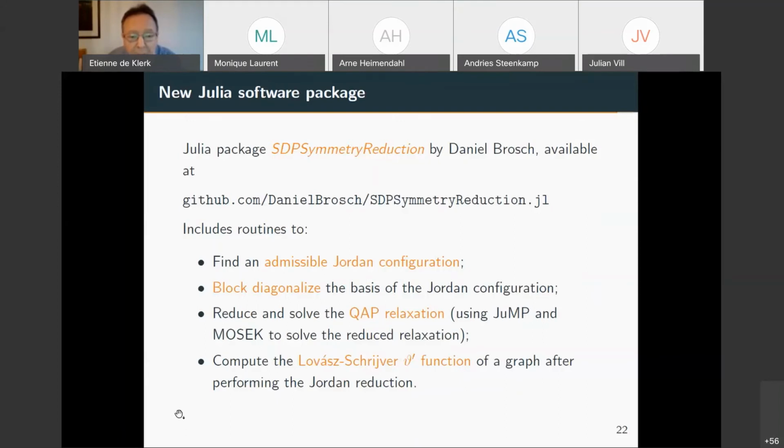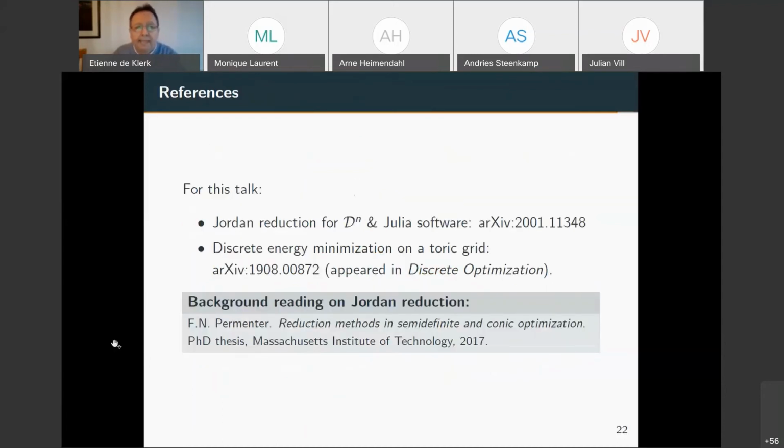It also has a specialized routine to compute the Lovász-Schrijver theta prime function of a graph. And this can be done for large graphs if they have a lot of symmetry, for example, if the automorphism group of the graph is very large. Okay, so perhaps you can try this, and maybe this is of some interest to you. And I conclude just by saying,